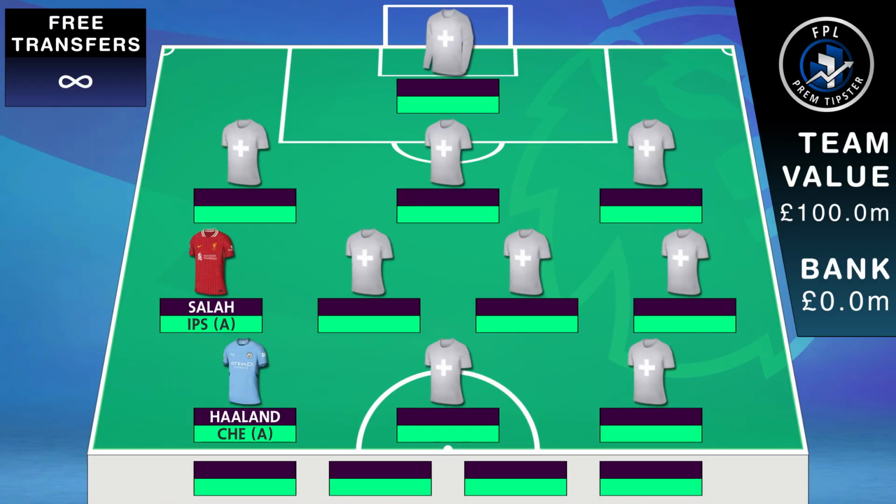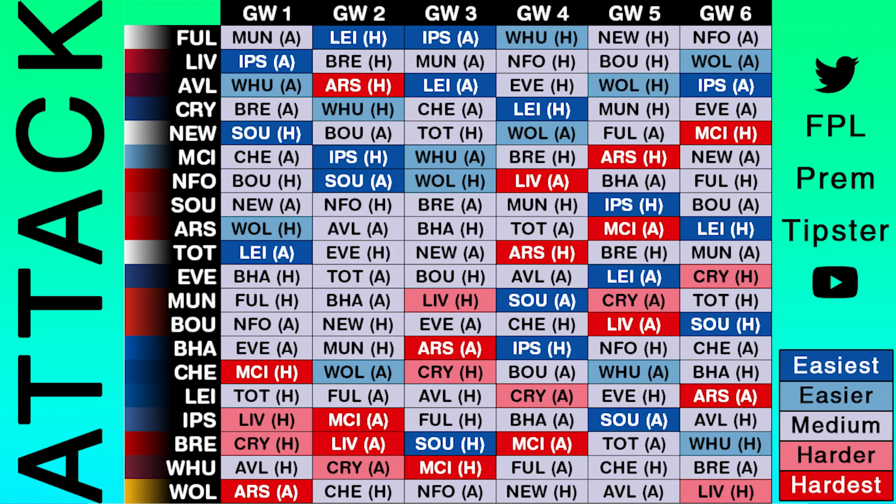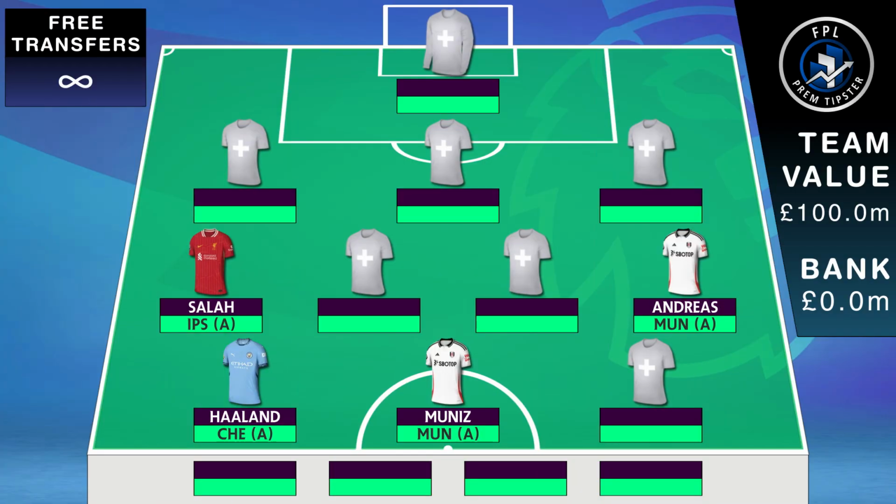The obvious downside of having a £15 million player in the team is that you do have to go for cheaper options. Now 2 of them for me are going to be Muniz for 6 mil and Andreas for 5.5 mil, and that's because Fulham have got the best opening fixtures in the whole league from an attacking perspective, especially with those first 4. Providing they're both fit and playing, my prediction is both of these players will provide good value for money with these favourable opening fixtures and the cheap price tags that they provide, plus the underlying stats